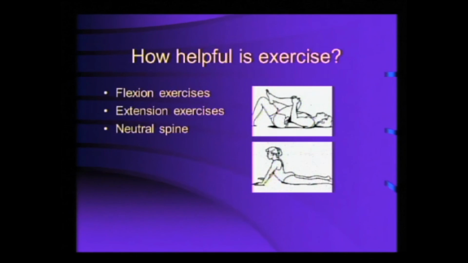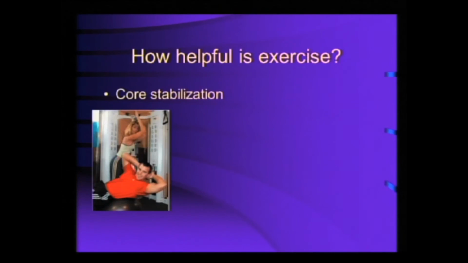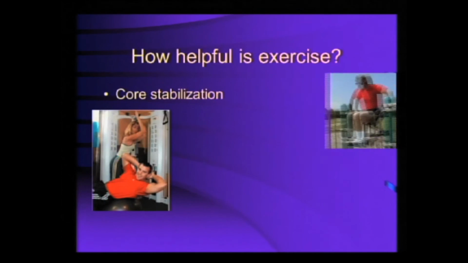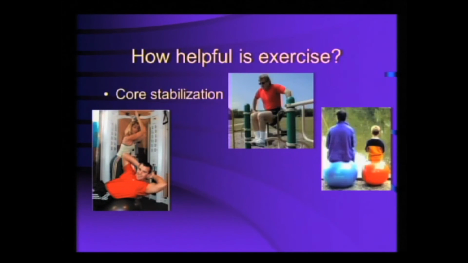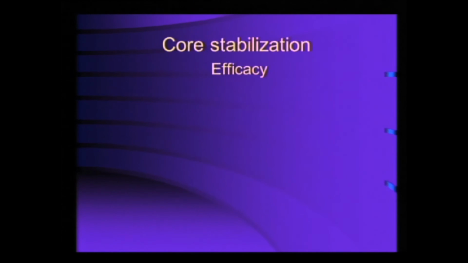Over the last 60 years, we've had lots of theories of low back exercises. We had the Williams flexion exercises, we had the McKenzie extension sort of things, we had this big neutral spine thing back in the 90s. Now it's core stability, which has infiltrated every single gym on the planet, is at playgrounds, is at fishing holes, is in the NFL training camps. It is everywhere, right? So we have the same question, though. Does this work? And if it does work, why?